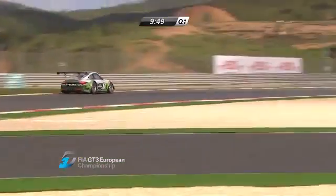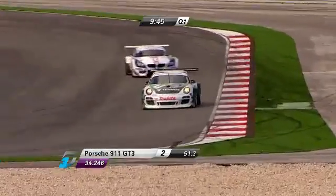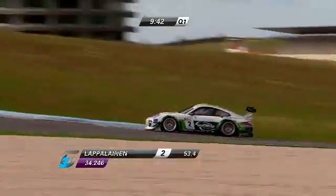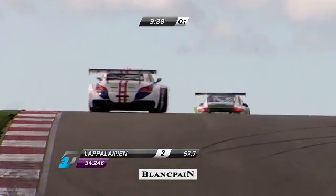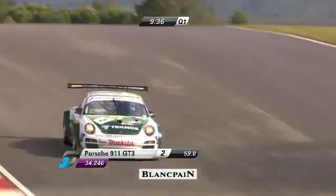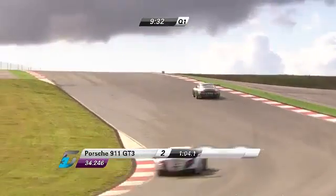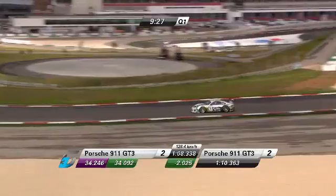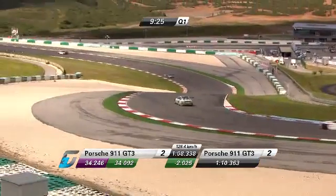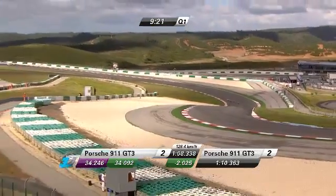Lapalainen, yes, who has nipped through in the Pro Speed Porsche 911. You can't keep a good car down, can you? You are a Porsche fan at the end of the day. I'm a Porsche fan, and somehow or other, every year they manage to find enough to keep this model competitive with even more advanced cars. I mean, certainly the Ferrari and the Mercedes are much more advanced in technical terms than the layout, the rear engine